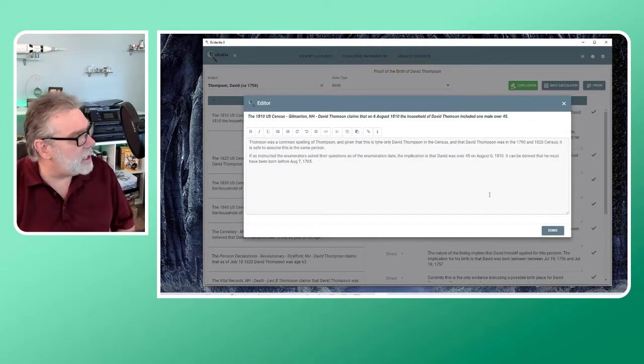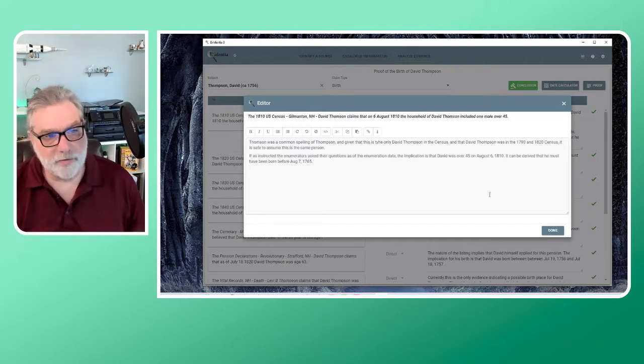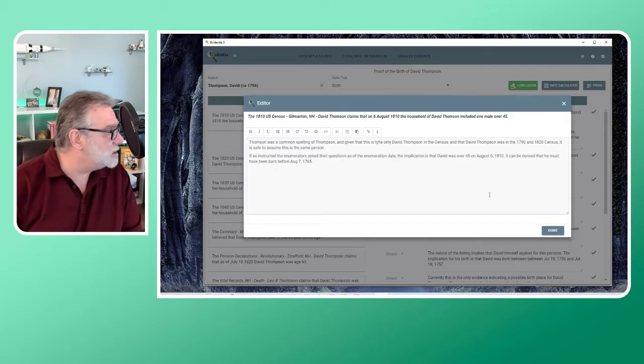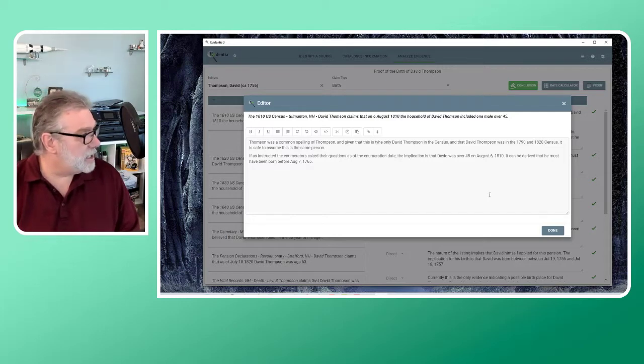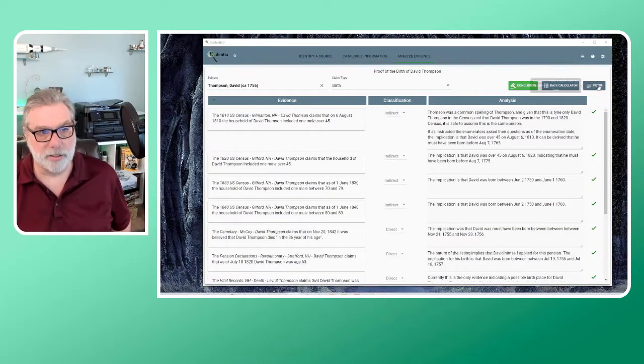The second line says, if, as instructed, the enumerators ask their questions as of the enumeration date, the implication is that David was over 45 on August 6, 1810. It can be derived that he must have been born before August 7, 1765. Now, I've referenced some information here that is not necessarily common knowledge, which is that the enumeration date of the 1810 census is August 6th, 1810. That's not common knowledge. If I generate a proof from this,